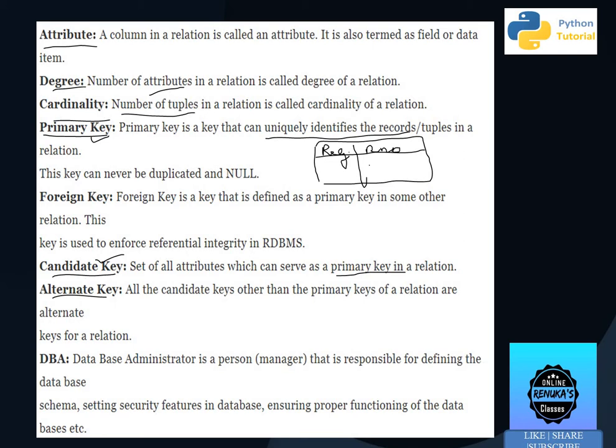Okay, registration number and roll number can be candidate keys. If we are storing the data for one class, all the roll numbers will be different and all the registration numbers will be different. But now if we are storing the data of the whole school, then the roll numbers can have duplicate values. So in that case roll number is not appropriate for primary key. In spite of that, registration number is more appropriate. So we'll select registration number as primary key and then roll number will become the alternate key.